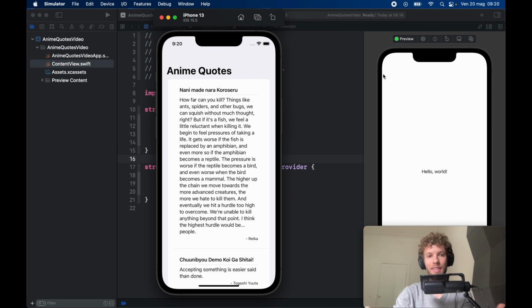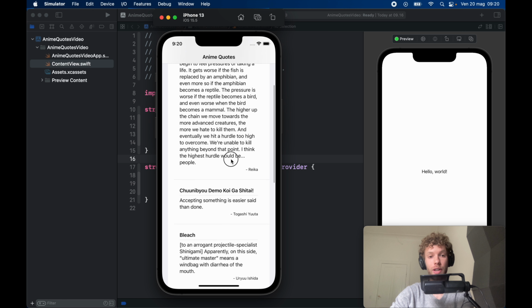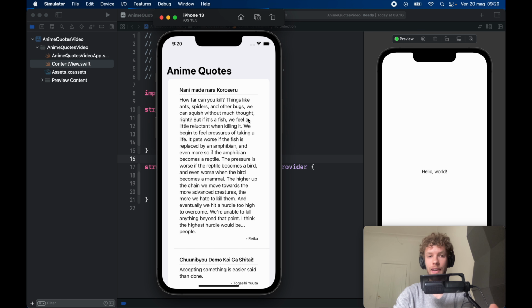How's it going, guys? In today's lesson, we're going to be going over how we can create this anime quotes generator, and it's going to be using a live API. So we're going to be learning how to make a very clean network request, and we're also going to be using MVVM for this. So I definitely recommend you follow along if you want to understand how these concepts work